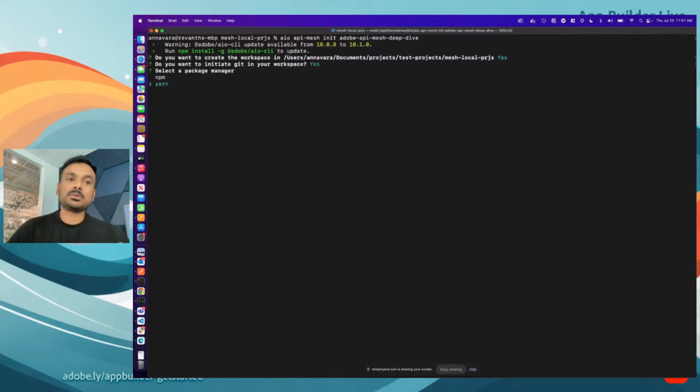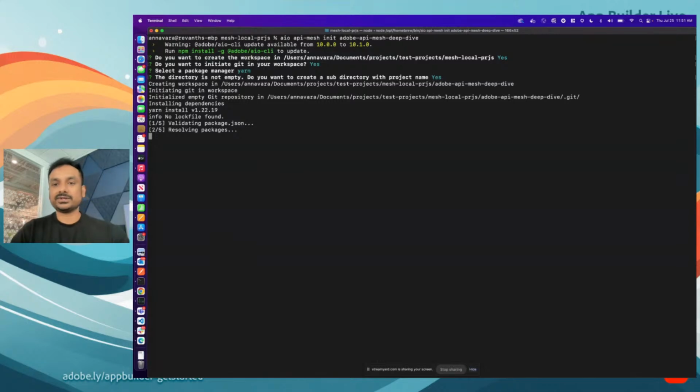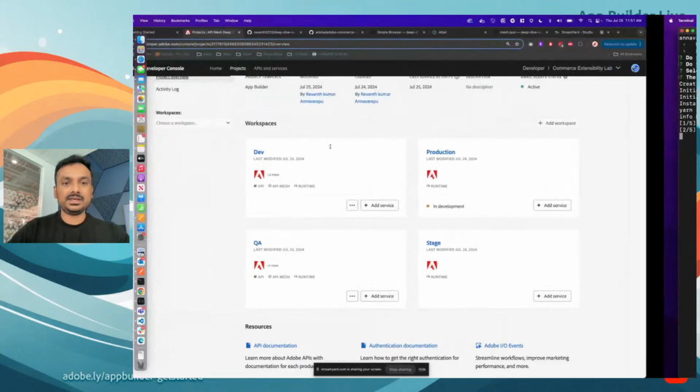And now it's going to ask me, what's your package manager? I usually select Yarn. It's much faster. But if you're comfortable with NPM, consider doing it. And then it's going to ask me, this directory is not empty. Obviously, I have other things going on in this directory. So I'm going to create a subdirectory with the name. That's it. These are the 3-4 questions it's going to ask you. And now it's going to set up my local instance. And it usually takes a minute, but let me meanwhile